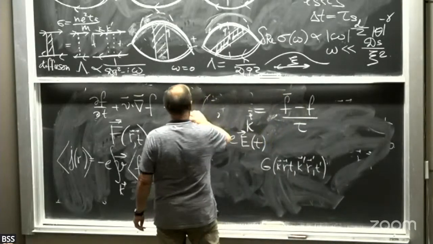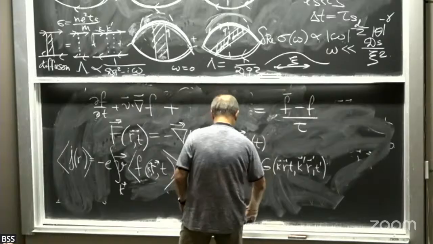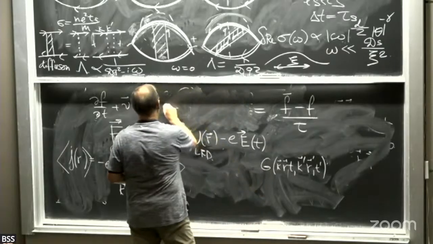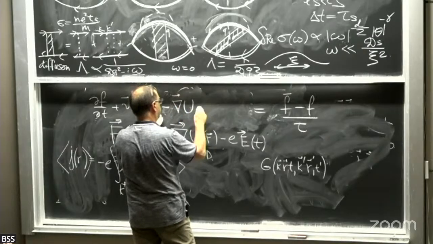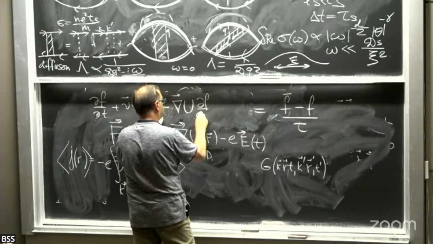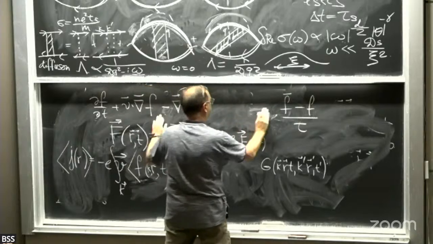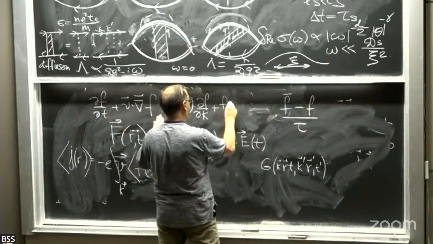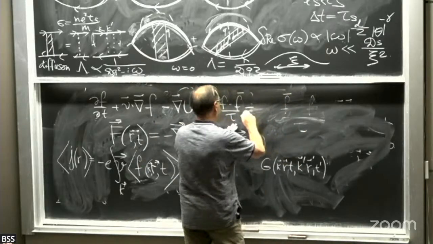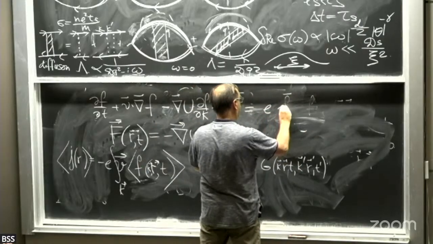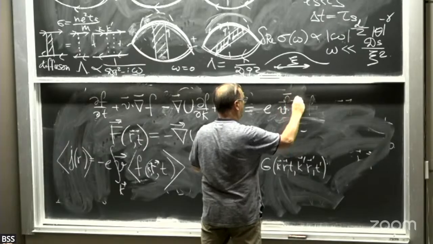I will linearize because I can still assume that the electric field is weak. So this is my disorder part, long range. Let me bring the scattering term from the right-hand side to the left-hand side, and on the right-hand side, I will have my linearized